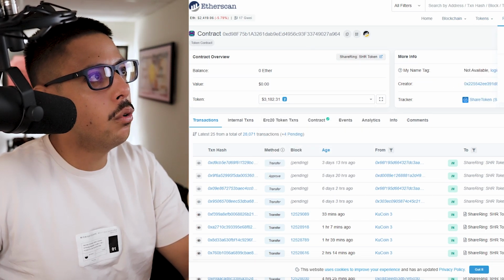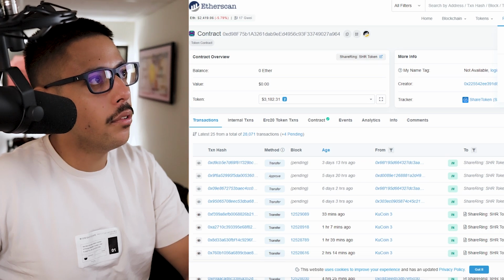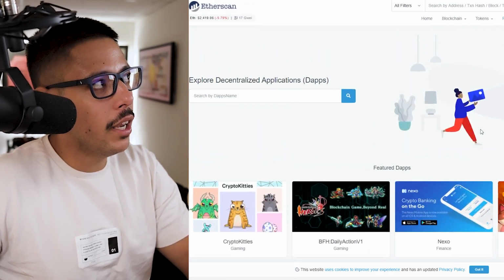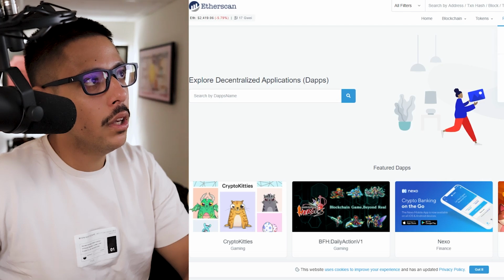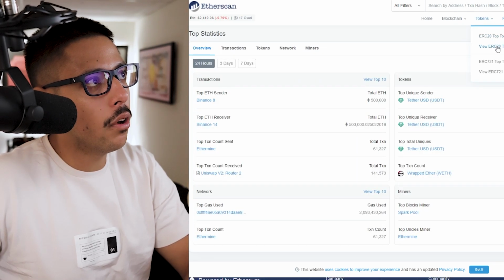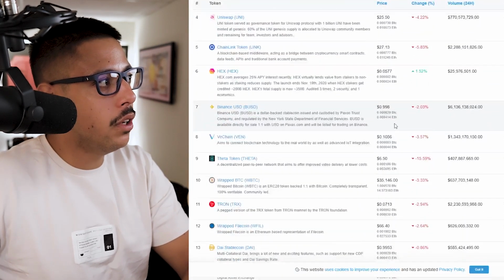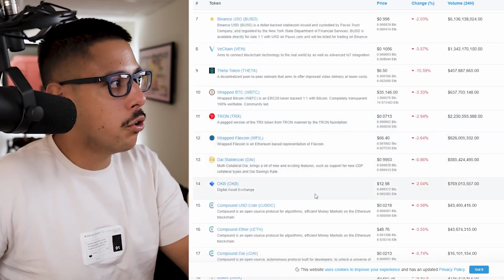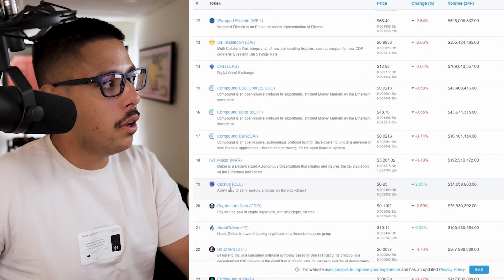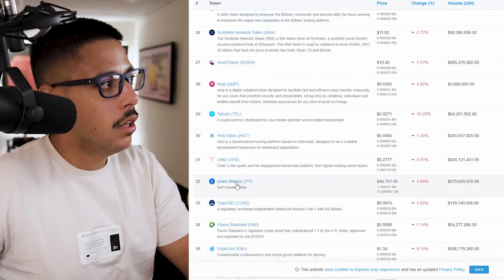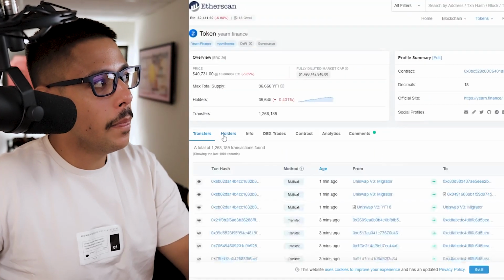If I go to explore dApps, let's see that. There's a lot of different decentralized applications. There's so many resources on this. Top statistics. I want to see tokens though. I want to see view ERC20 tokens. So these are the top tokens basically being traded on the Ethereum network. So if I go to, for example, let's just pick Yearn Finance, you could see that this pops open right